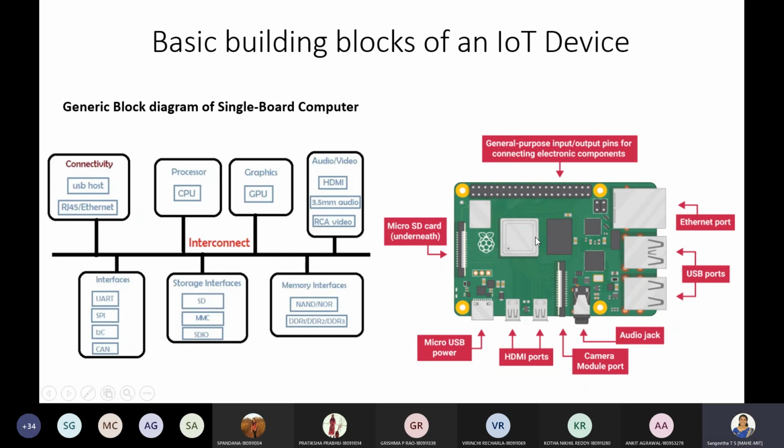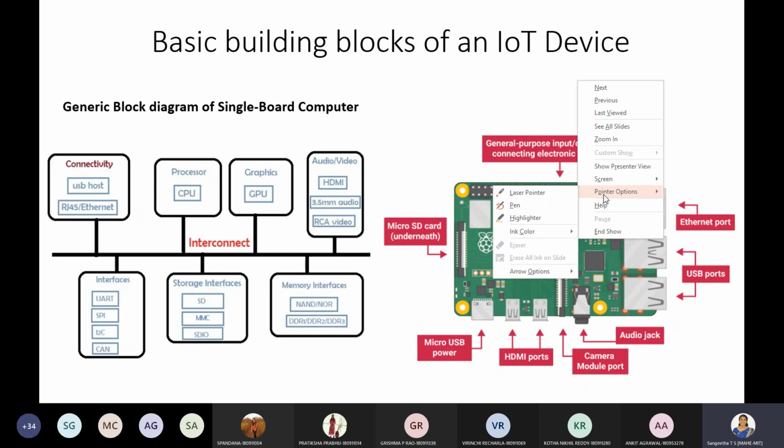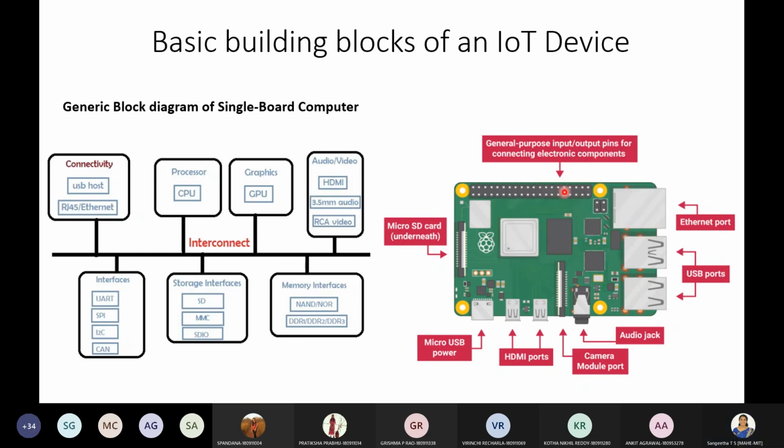Here I'm showing the block diagram of this Raspberry Pi. You can see two diagrams here: a block diagram and the actual physical Raspberry Pi device image at the right side. Yes, this is the actual device.